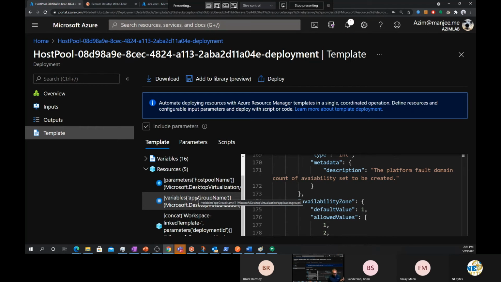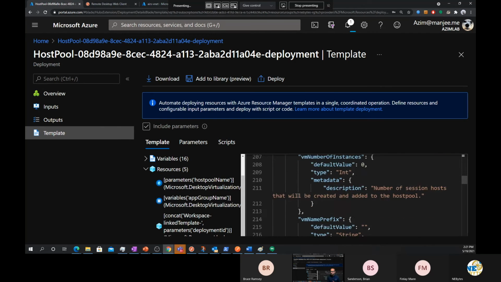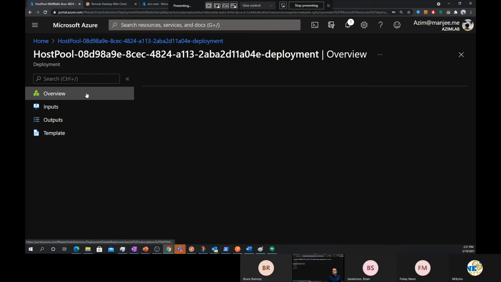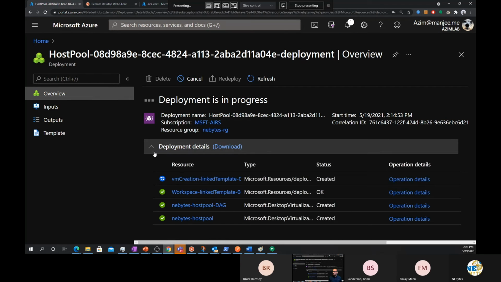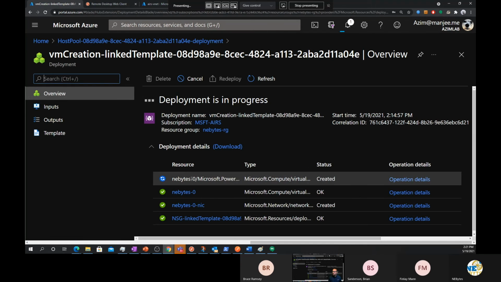So every time they make a change to their VM, they're automating the entire process of deploying and destroying and recreating that whole host pool. So it's really kind of a cool way of going about it, because you've essentially fully automated your VDI deployment. And the whole way of doing that is to grab these sort of templates, and that makes it a little bit easier. So our VM creation link template is kicking off, and it looks like the VM got created,